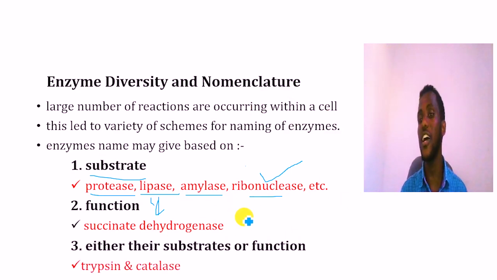ስለዚህ based on function የተሰጡ ኤንዛይሞች ደግሞ succinate dehydrogenase መጥቀስ እንችላለን ማለት ነው ሶስተኛ again either the substrate or the function በፋንክሽናቸው ወይም በሰብስትሬት ኢምቦዝ ማለት ነው በሌላ ወይ that means either substrate or a function በመናይበት ጊዜ ቴራፕሲን ፕሮቲንን ዲግራይድድ የሚያደርግ that is proteolytic enzyme የምንለው ማለት ነው ስለዚህ ፕሮቲንን ዲግራይድ የሚያደርግልን ስሞል ኢንተስታይን ወይም ደግሞ ቀጭን አንጀታችን ላይ የሚገኝ ኤንዛይም ነው basically አልካላይን የሆነ ኢንቫይሮንመንት ነው ፕሮቲንን ዲግራይድድ ያደርግልናል